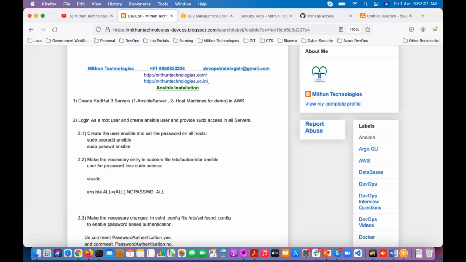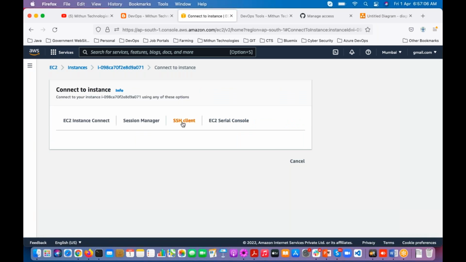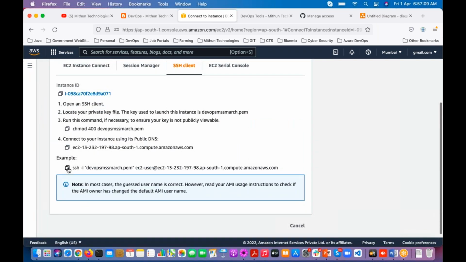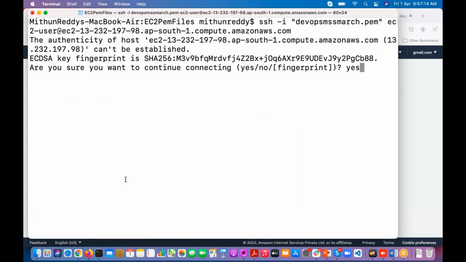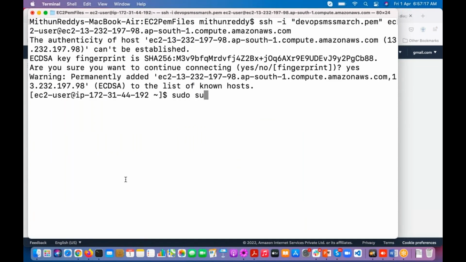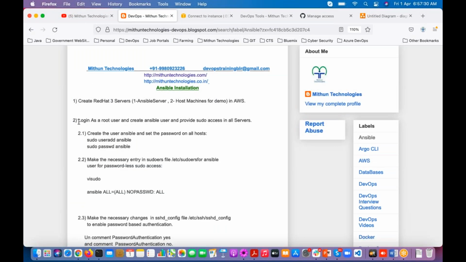I will connect to this Ansible server first. Click on connect, SSH client, copy this command, execute it, type yes, and hit enter. It has connected. Switch to the root user and create a user called Ansible. See here, just read this log: login as root user, create Ansible user and provide the sudo access.